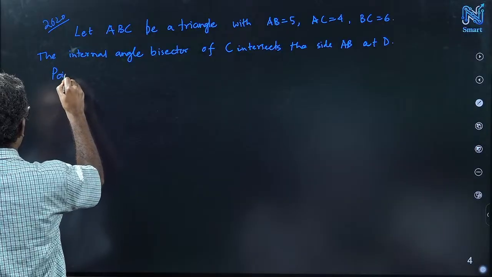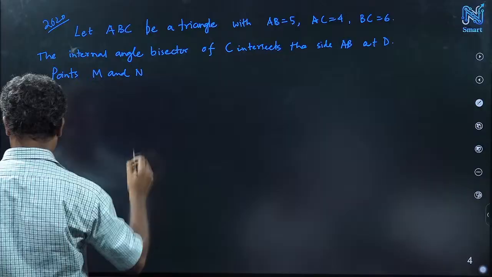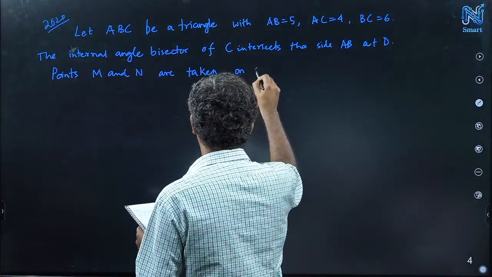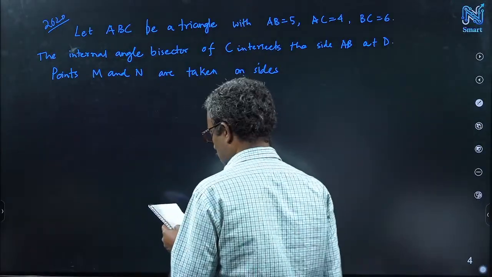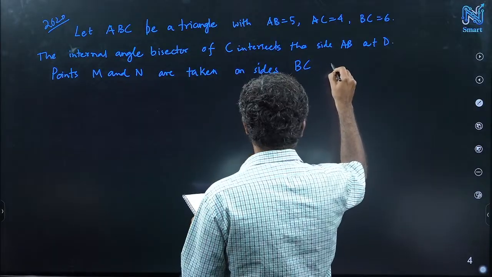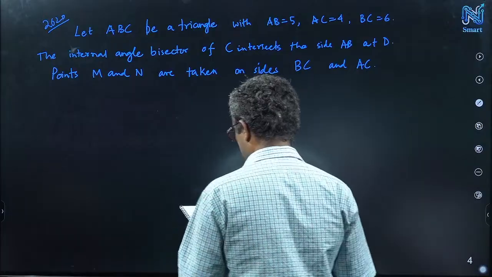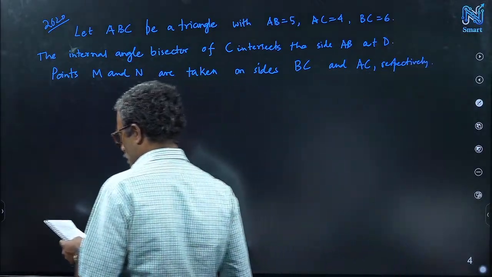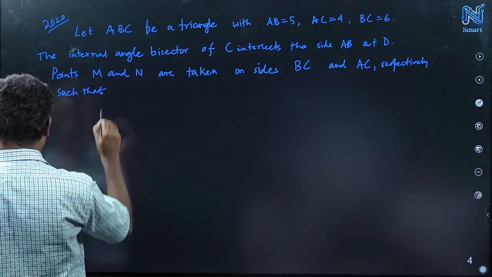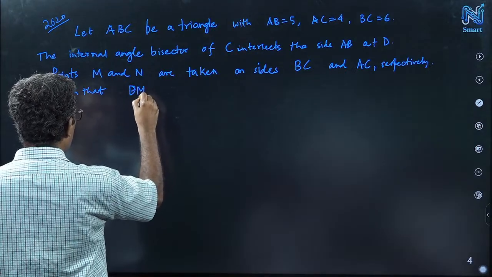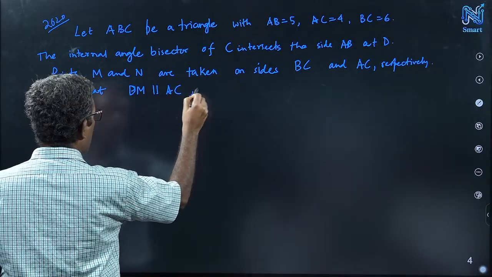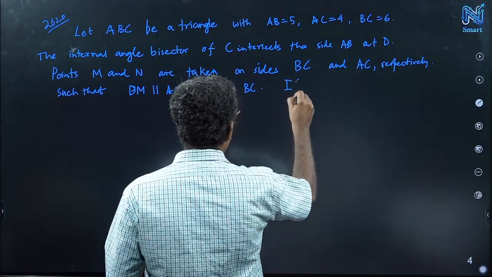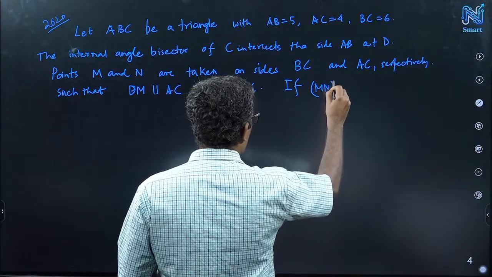Two points are taken. So, points M and N are taken on sides BC and AC respectively, such that DM is parallel to AC and DN is parallel to BC. If MN square is P by Q,